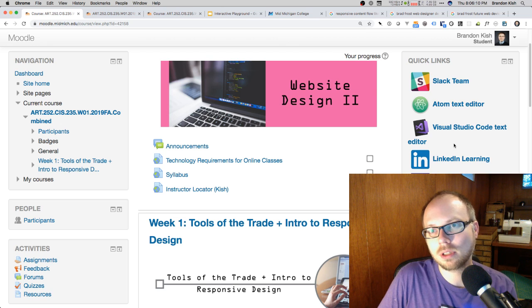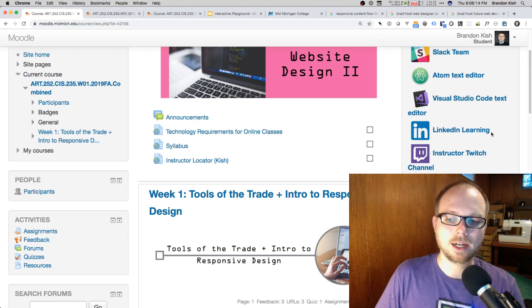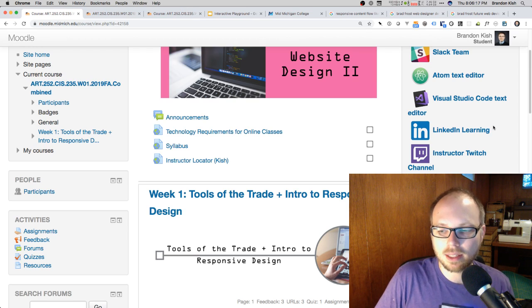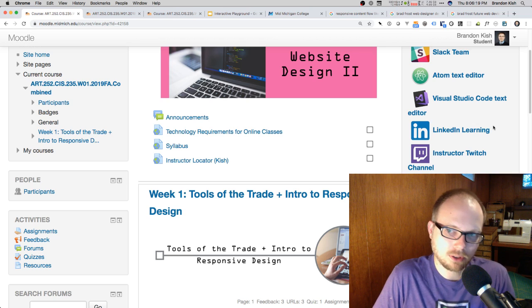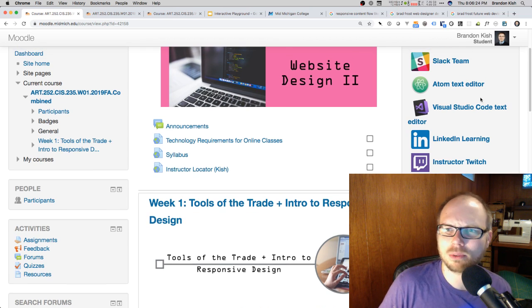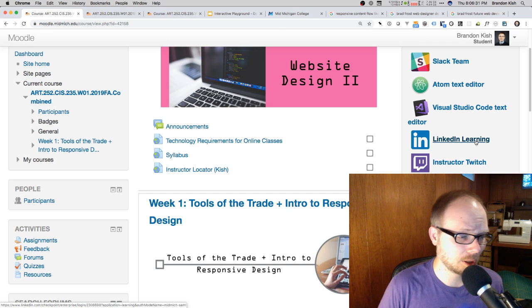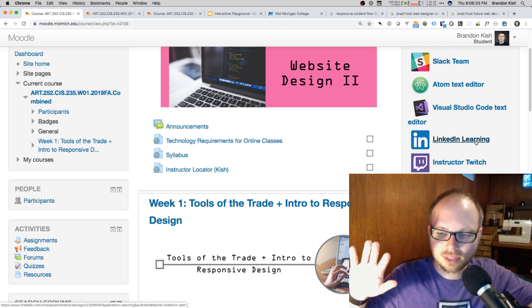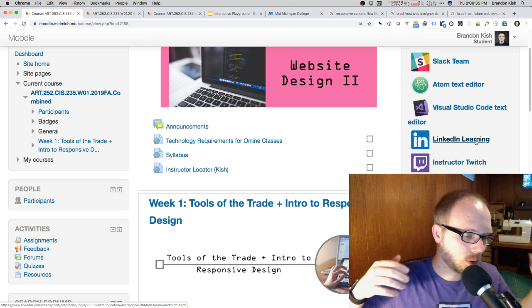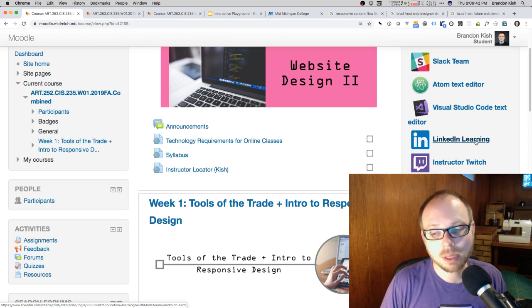The last links here in the quick links area are a link to LinkedIn Learning. This used to be the link to lynda.com, but lynda.com is kind of merging with LinkedIn Learning. LinkedIn, who is also owned by Microsoft. Wow, it looks like 3 of the 5 links here are owned by Microsoft. LinkedIn Learning is owned by Microsoft, and they purchased lynda.com a couple years ago. They had kept the brands separate, but now they're merging them together. So what I've seen so far is that most videos, it is probably going to send you LinkedIn emails.